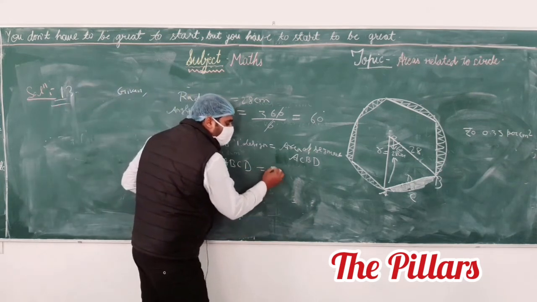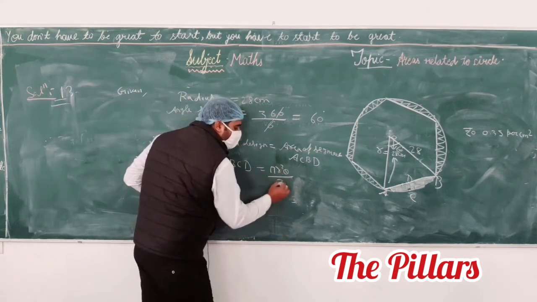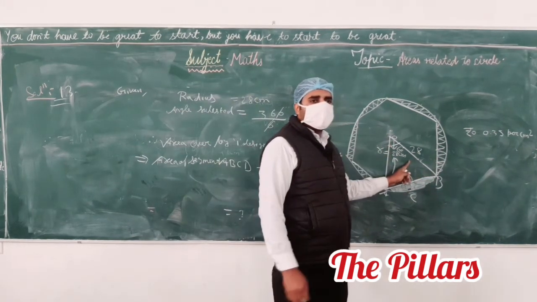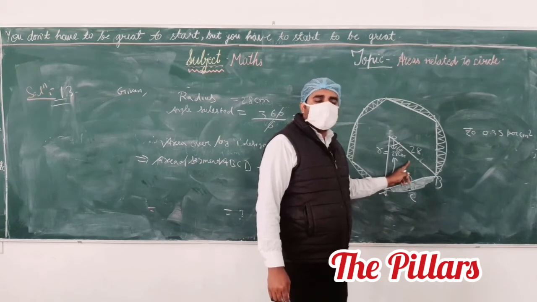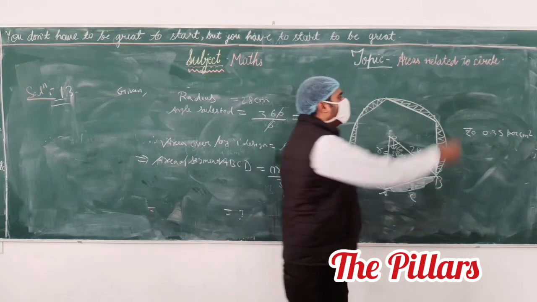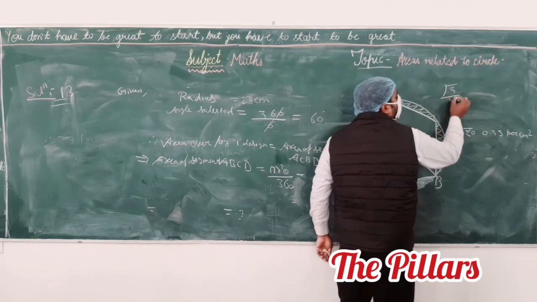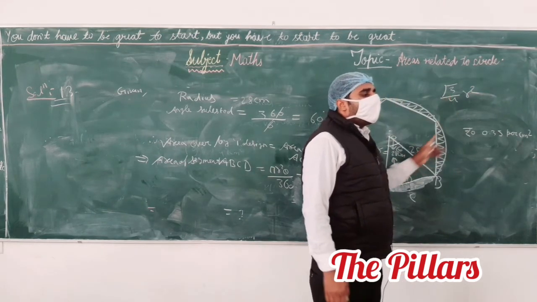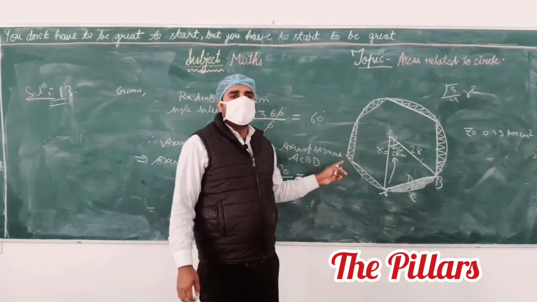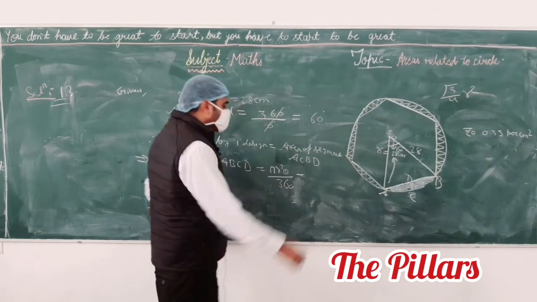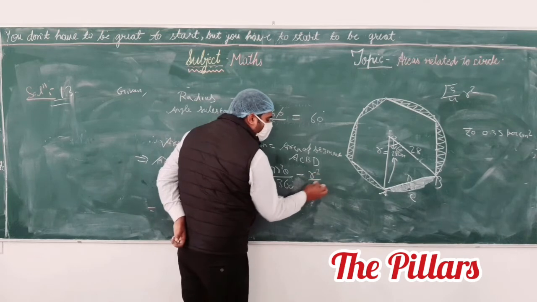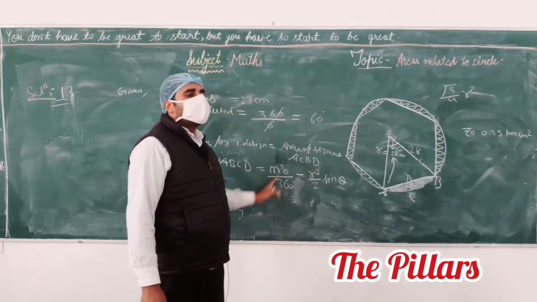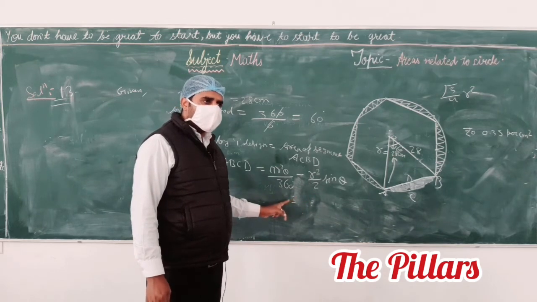Sector area equals pi r square theta upon 360 degrees minus the area of this triangle. This is an equilateral triangle, so you apply root 3 by 4 a square, that is root 3 by 4 r square, to subtract. Or you can subtract r square by 2 sin theta. This is the formula by which you calculate the segment area. Till here, anyone have any problem?